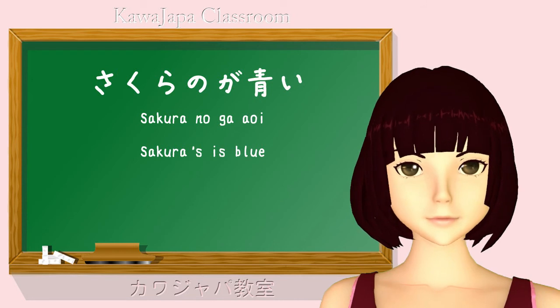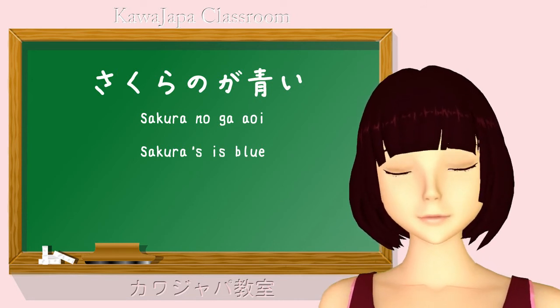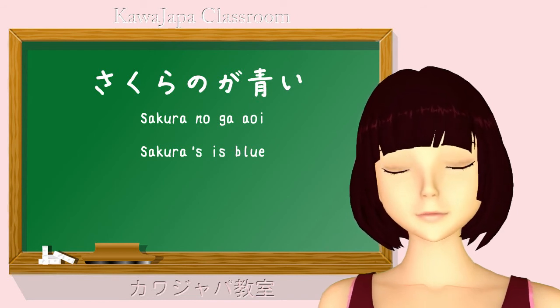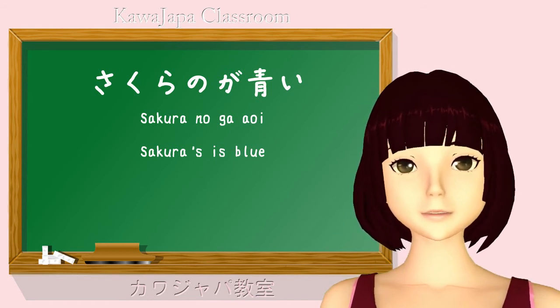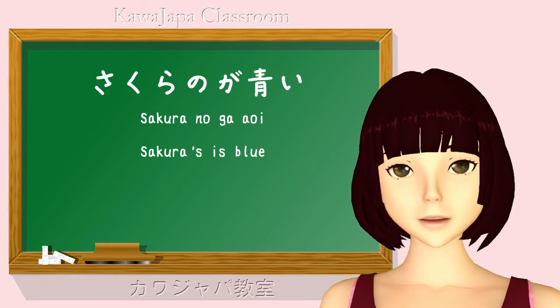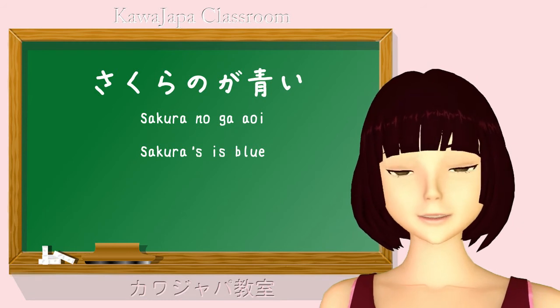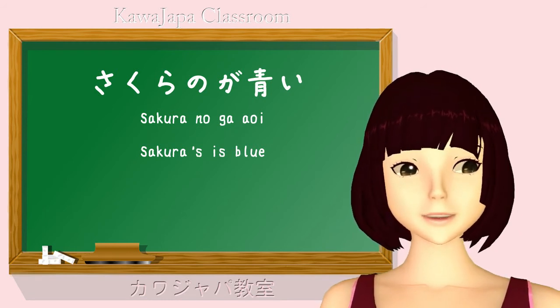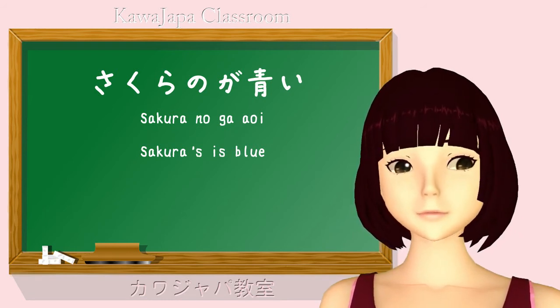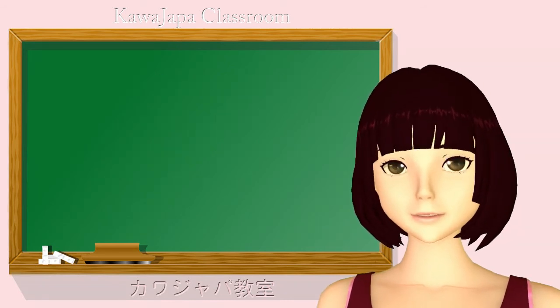We could treat this, if we want to, as another zero pronoun. Sakura no zero ga aoi. And this, in fact, is just what the Japanese textbooks for Japanese children teach, that it's really short for Sakura no mono. I think it's better to say Sakura no zero, because that fits all cases more easily.